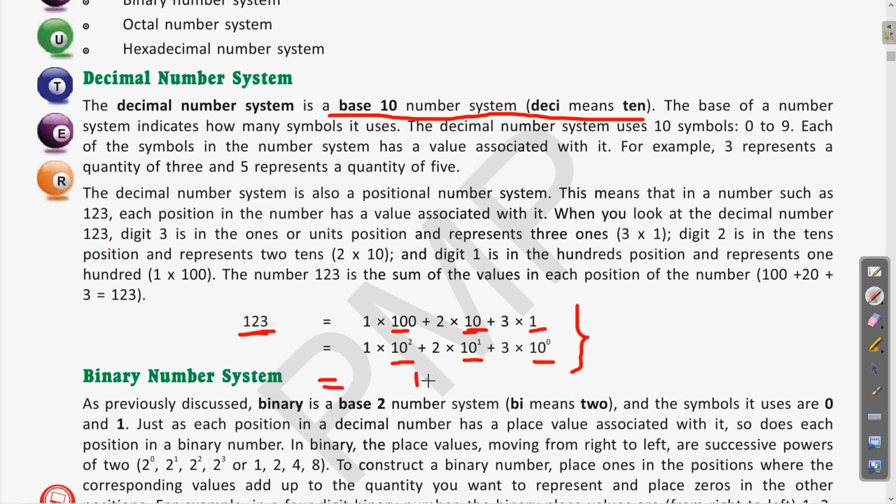Then you will ask, what is the need to write this in this form? We are writing this to break the number down in the form of its positional, or you can say base, number system. The base of the decimal system is 10, so all of these digits are represented in the form of their base. Let us take one more example of this decimal number system.